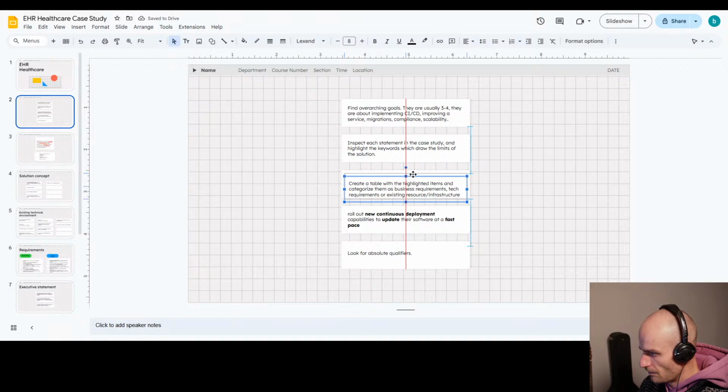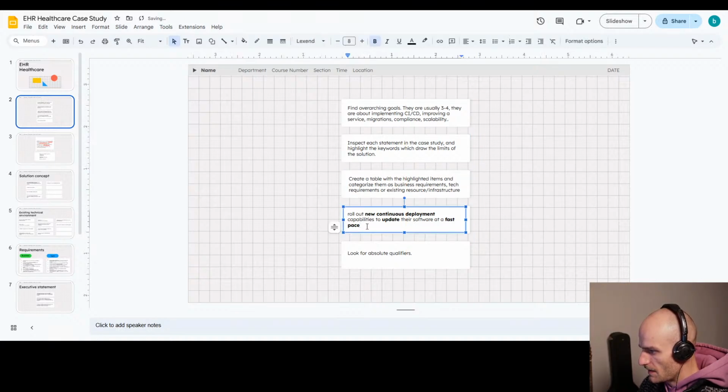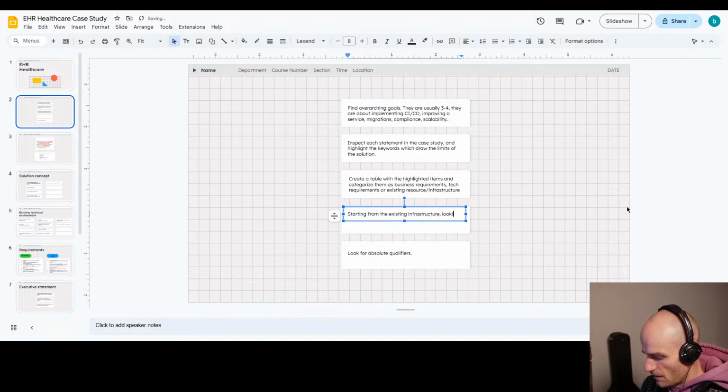Okay. And now I found out that starting from the existing solution structure, looking at what the solution requires, list all the things that need to